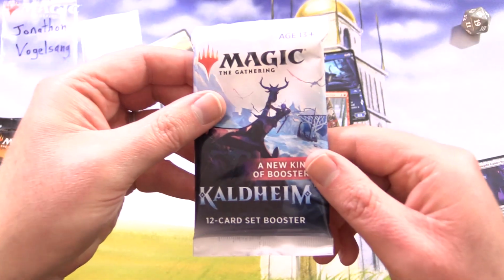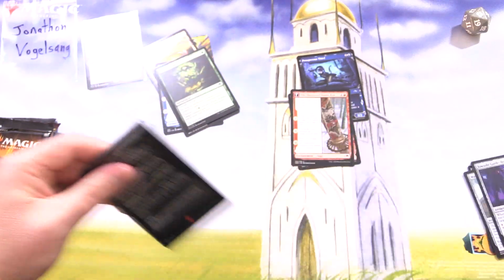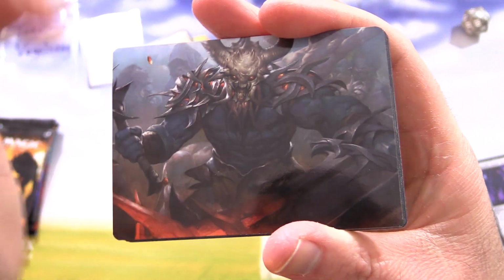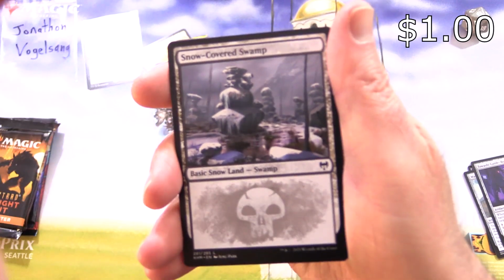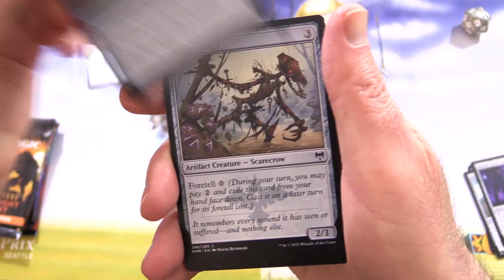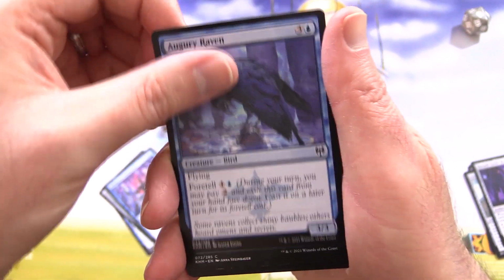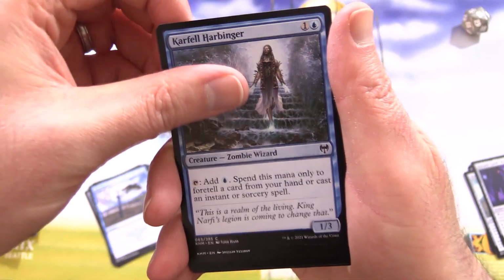Alright, on to some Kaldheim. So I do know there's quite a few trolls here, but maybe we'll get some human wizards, you never know. This dude, he looks sort of upset about something. That is Frenzied Raider. And we've also got this nice Snow-Covered Swamp. We'll throw that in. Disdainful Stroke, Scorn Effigy, Behold the Multiverse, Augury Raven, Raven Form, Carfell Harbinger, Zombie Wizard, there we go,